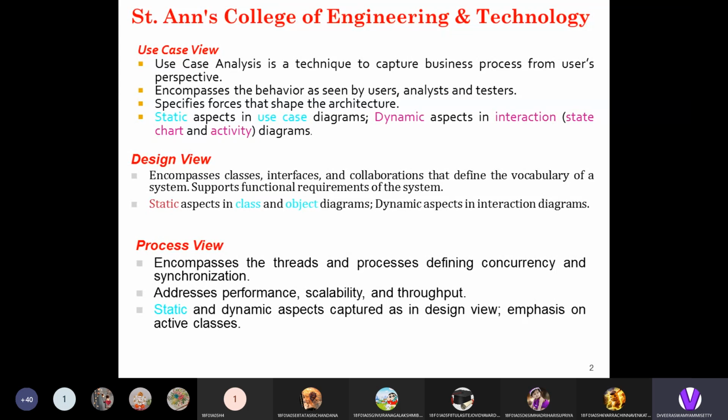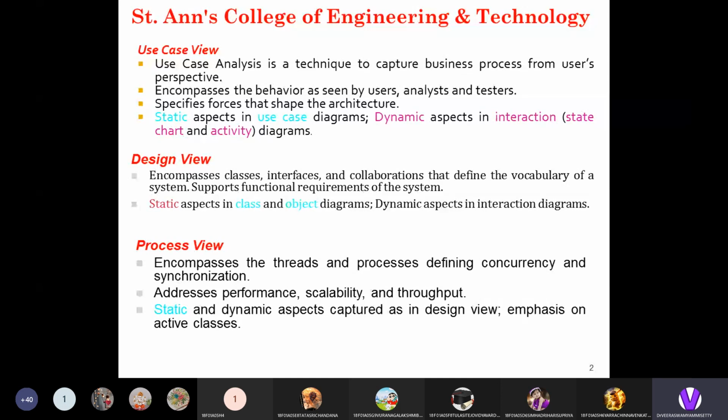There are two types of diagrams involved in the use case view: static diagrams and dynamic diagrams. In the static diagram, the use case diagram acts as the static diagram in the use case view. For dynamic diagrams, state and activity diagrams are involved in the model.